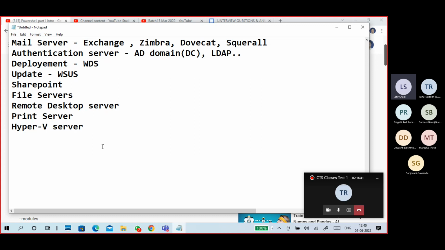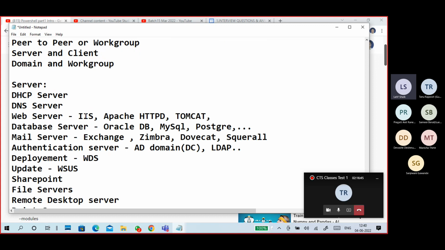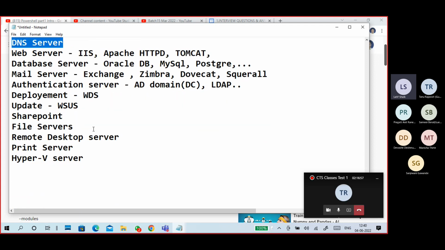Like that, a lot of servers are there, different ways we can tell things. Some servers come with your operating system and their internal roles and features, like Microsoft roles and features: DHCP, DNS, Active Directory Domain Services, WDS, IAS, WSUS, FSRM, print servers, Hyper-V.